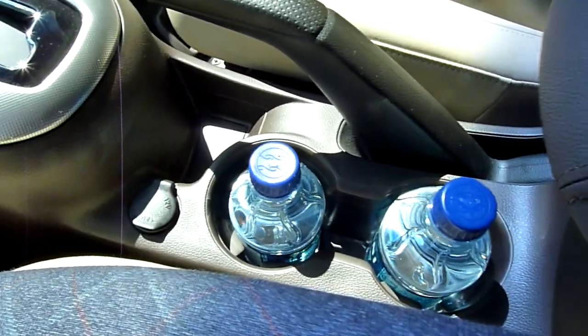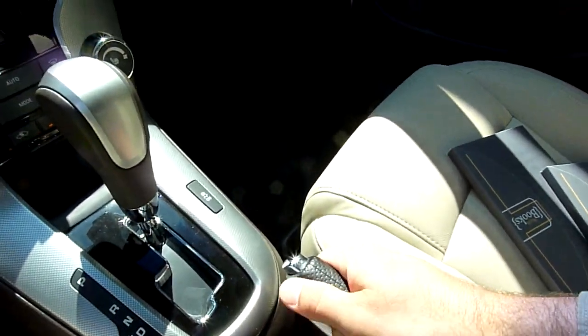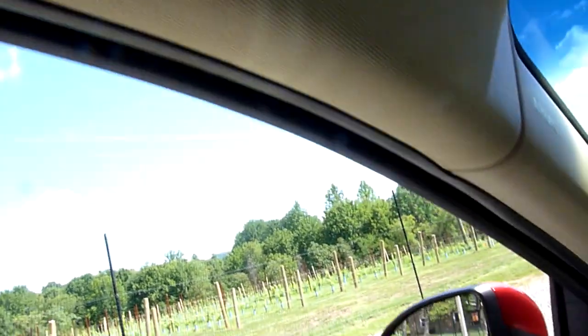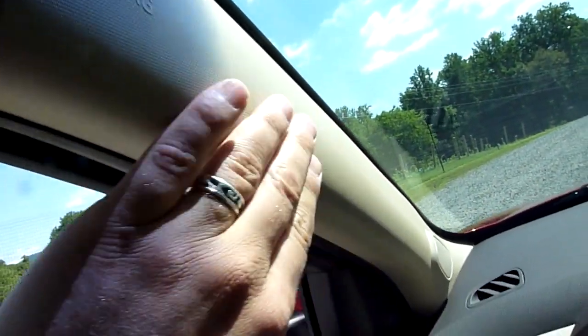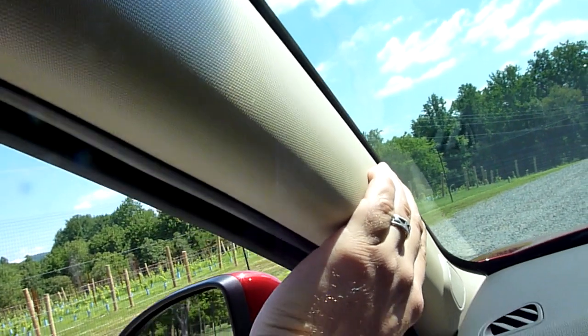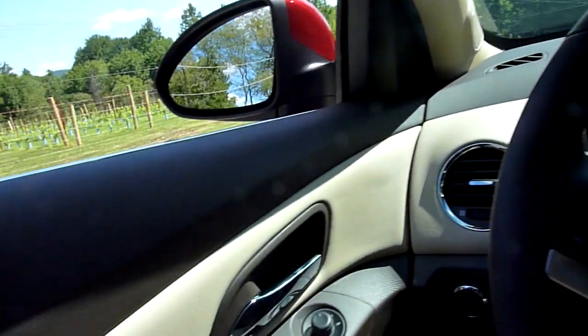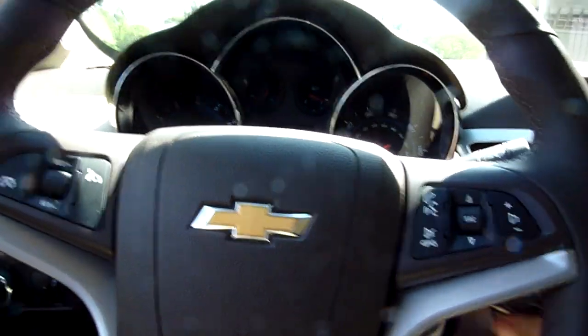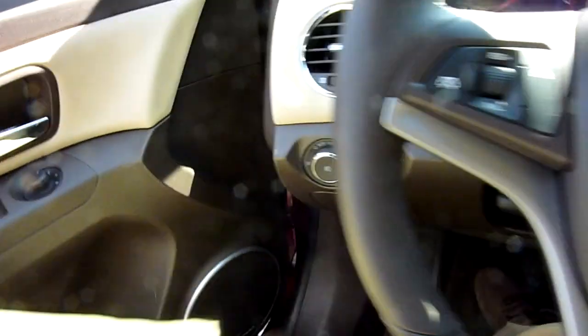Overall, you've got your cup holders there. Grab handles on all four doors. They didn't skip the driver. A nice woven headliner, kind of a premium feel. This is a texturized plastic, but again, it looks quite nice. So let's take a look at the other features here. If we go back